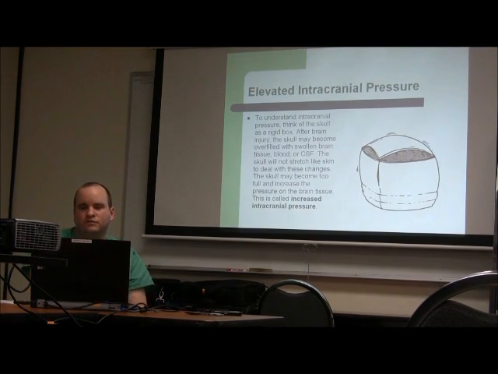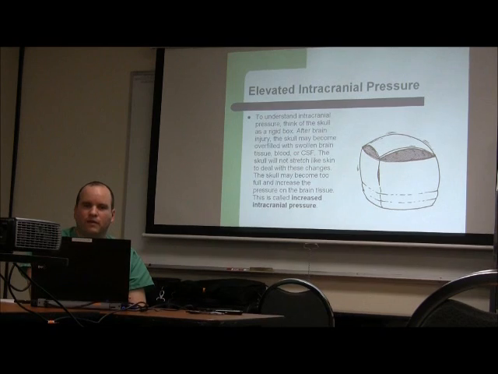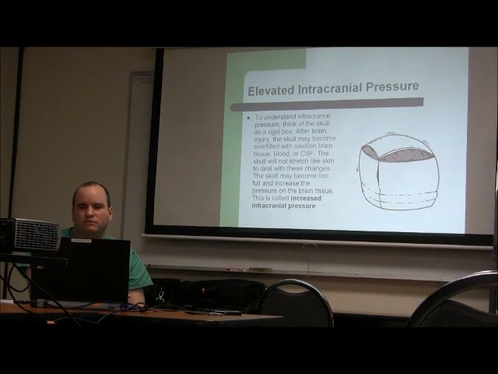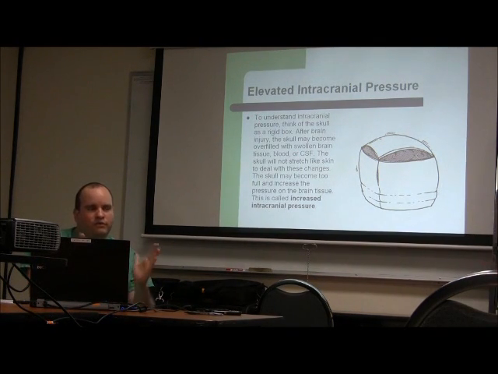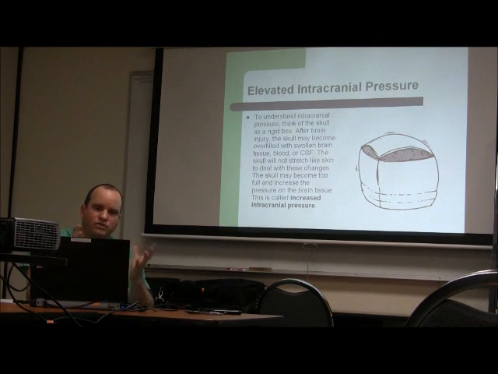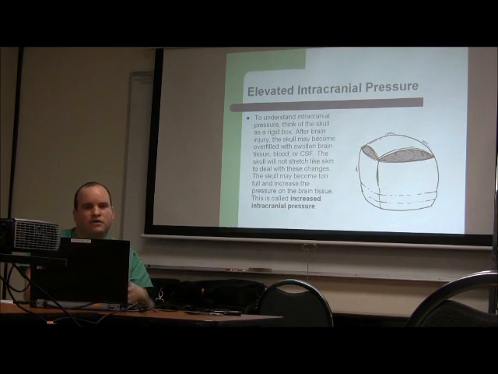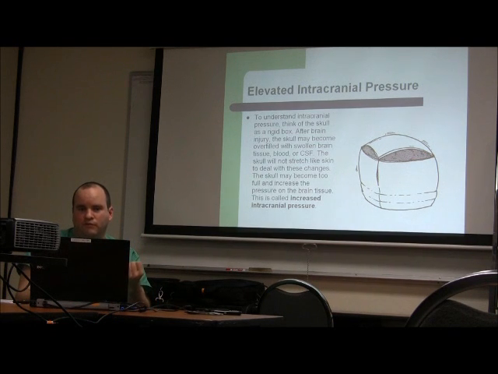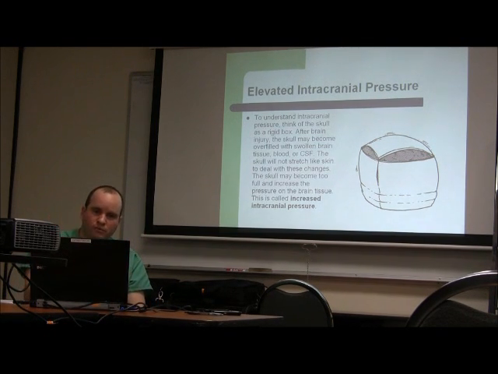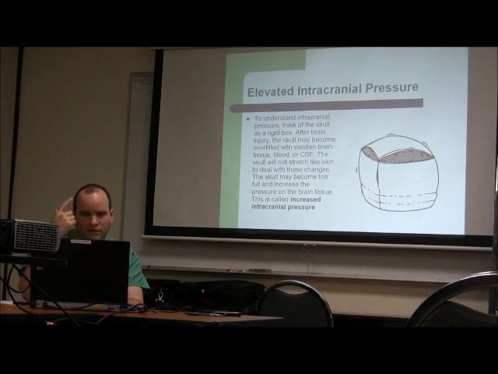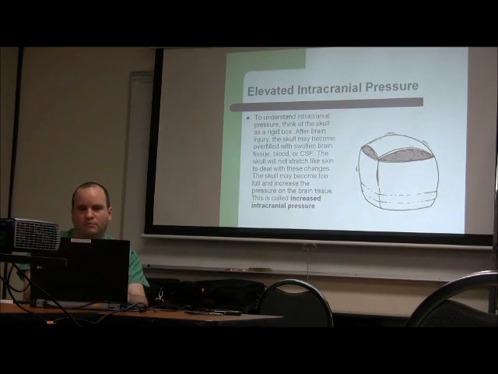And I like to use this simple box model here. The elevated intracranial pressure is like using a thick box, okay, a rigid box, and then the brain starts swelling, and it's full of brain tissue, spinal fluid, and blood. So you've got three things that are trying to fill up. Blood would be from just cerebral perfusion going to your brain, spinal fluid, again, circulating the brain, protecting the brain,